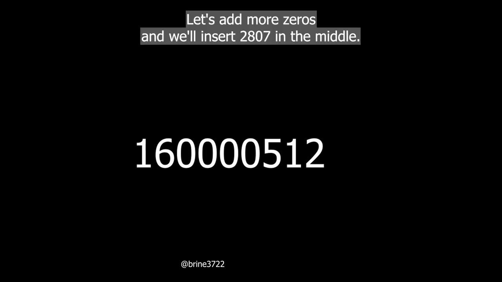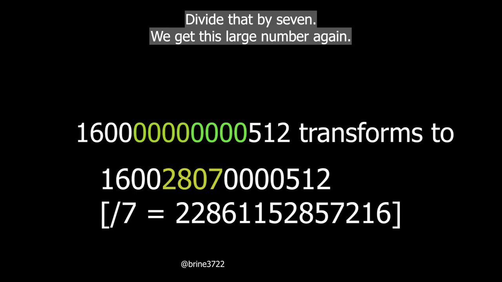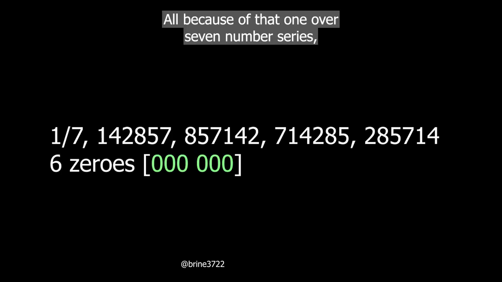And let's say for the number now, this time to a larger one, 16,000,000,512. Let's add more zeros and we'll insert 2,807 in the middle. Now this time we get 16,002,807,000,000,512. Divide that by 7, we get this large number again. And yet it is still divisible, which shows that it's modular arithmetic addition. And it just works because this is repeating zeros, all because of that 1/7 number series,